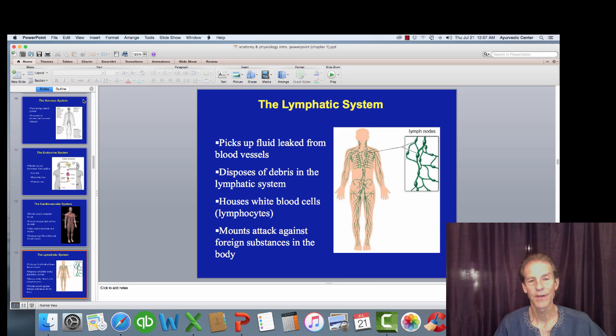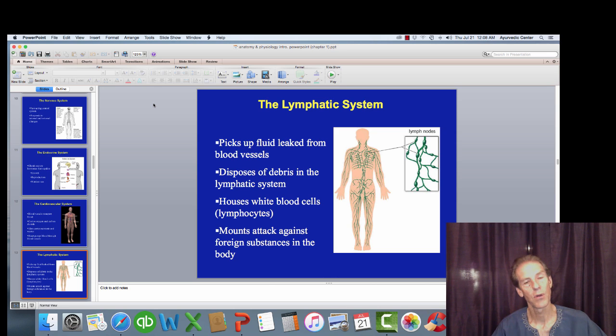We now know that the lymph is everywhere, and it carries a good amount of the fluid that's leaked from the blood vessels to feed the tissue. And it carries that fluid back and delivers it into the circulatory system near the heart for recirculation, for cleansing. The lymphatic system is stimulated by body movement, so exercise stimulates the lymphatic system, and that's very important for elimination of cellular waste.